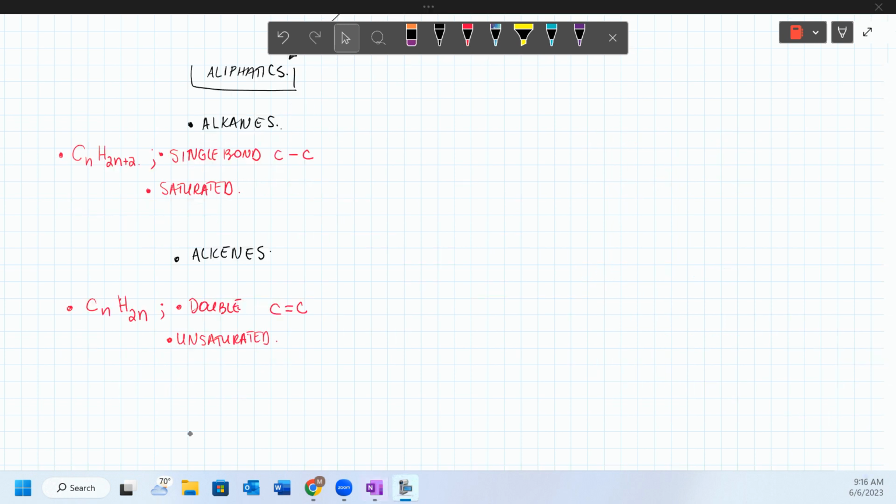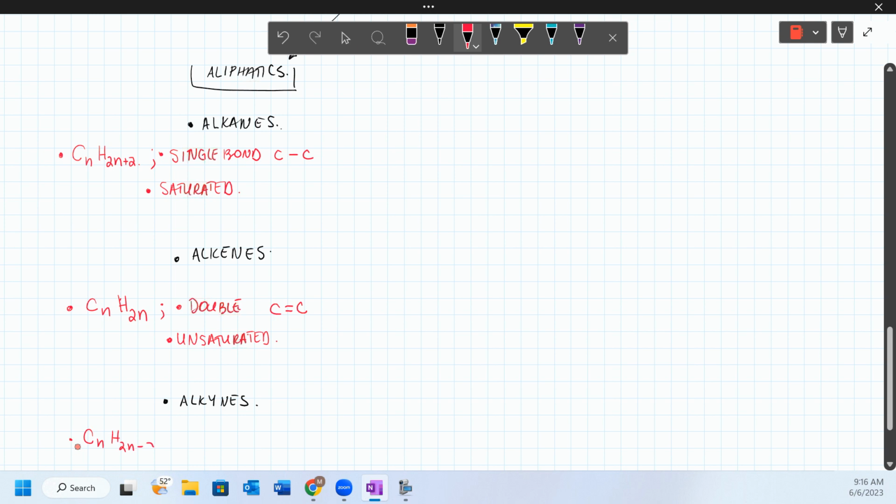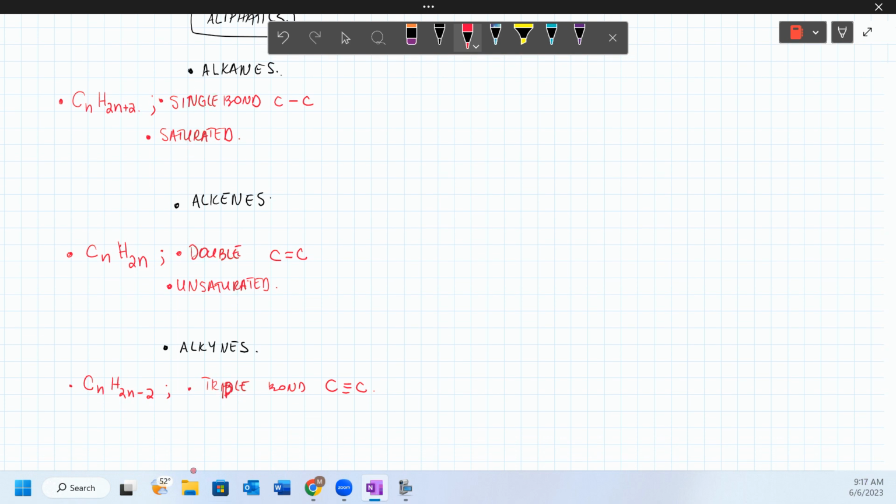The third group of aliphatics is the one that is known as the alkyne. When we are talking about alkyne, the general formula of it is CnH2n minus 2. What you see is a triple bond between carbons. So you will see something like this. Of course, as we said in the explanation before, it is unsaturated. It will become saturated when you have only